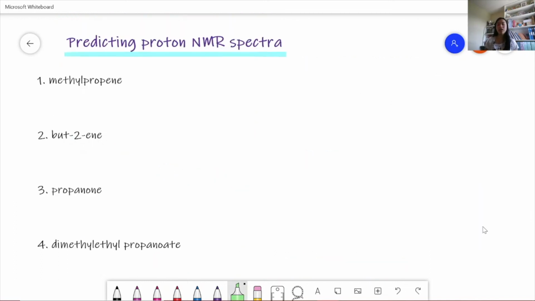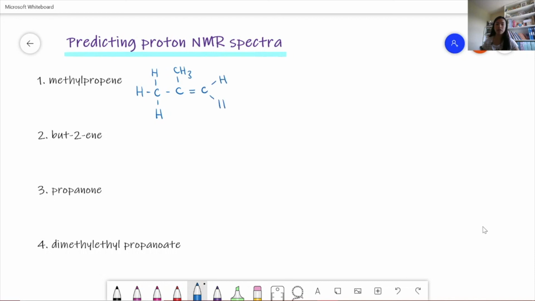So now we're going to have a look at how we predict proton NMR spectra. Sometimes we're not given the spectra to look at, and we're asked to predict the spectra instead. And so the first thing we do is draw out the molecule. So we have methyl propene, and so that's propene with a methyl group. So that must be on the 2nd carbon. So we have a CH3, and then we have a carbon with a methyl group,